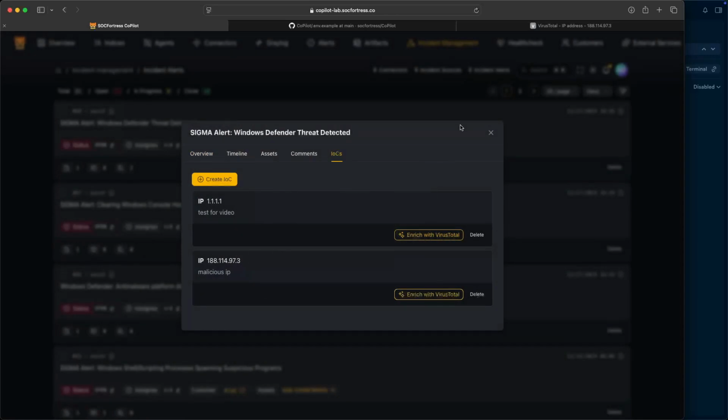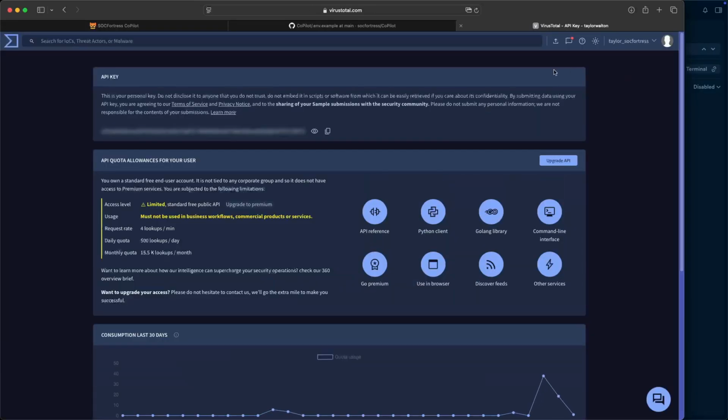Now, do keep in mind that this is leveraging your VirusTotal API keys. So there are some quotas around the number of API requests you can make. So if you exceed that quota, CoPilot is going to fail out because VirusTotal is essentially just going to be blocking your request. So do keep that in mind. It is pretty generous. I think actually if I log into VirusTotal, look at API key. Yeah, so I only have the free one as well. So here you can see our request rate is 4 lookups per minute, 500 lookups a day, and a little